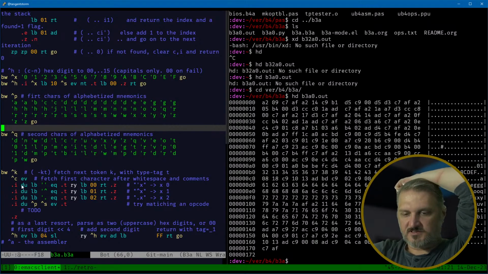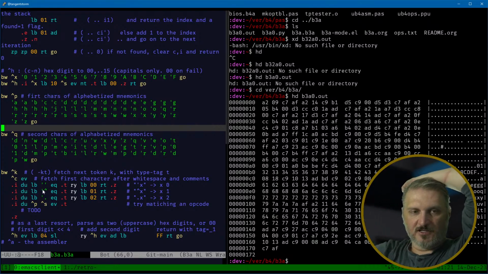It says if, which does nothing, duplicate the thing on the stack, load a binary of, load the byte, which is a quoted quote mark, and then test whether it's equal, if the top 2 things are equal. If they are, then .t is then, and that actually does something. That's a macro that does something. I think what it does is, every time it encounters one of these things, the assembler writes